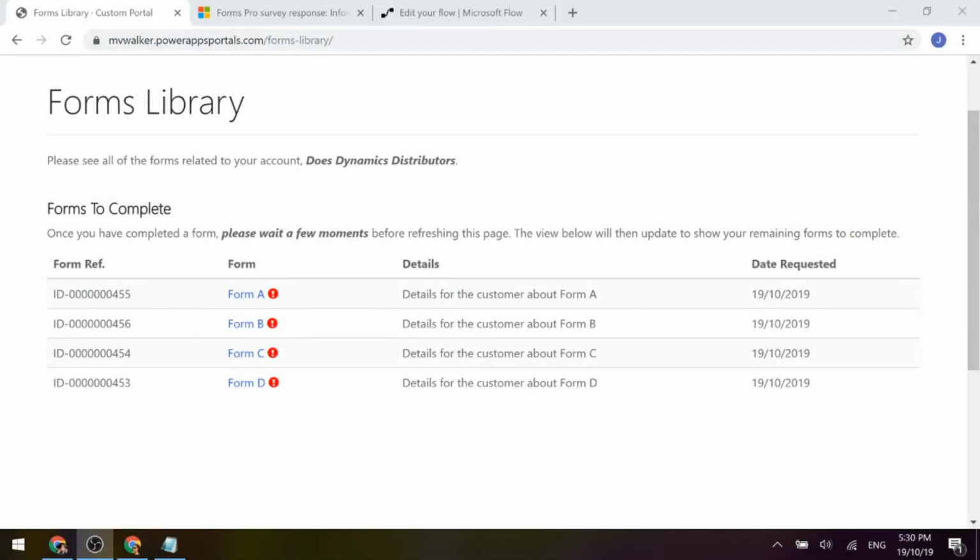This is the third video in a series on how to create a forms library. Video 1 showed you how to set up your custom entity for a form request, and how to edit and modify the portal so that you could display the form requests in a table with hyperlinks that would take you to a specific survey using Forms Pro. The second video showed you how to create a Microsoft Flow that would generate these for you